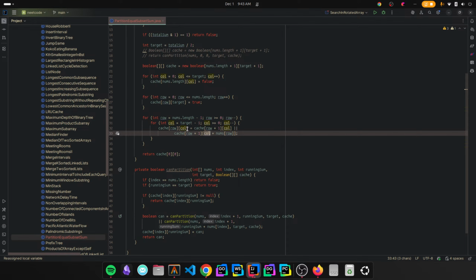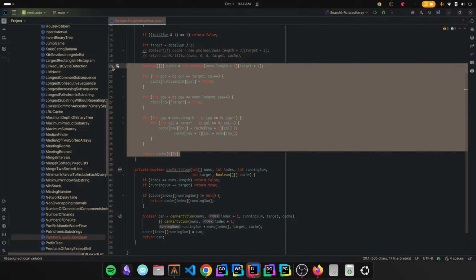Okay, simple. Running sum starts from 0, and then we incrementally increase it, right? Depending on whatever values are getting passed here. So every time I try it with recursion, I'm saying, okay, what is the running sum for the next thing? The running sum for the next thing is whatever position I'm in, we add that particular value to it. And we build the cache in that way. One of the ways we can study the cache here is